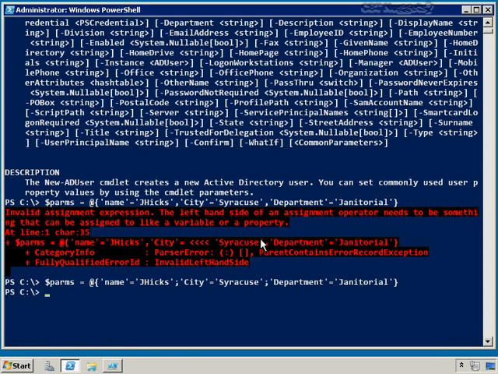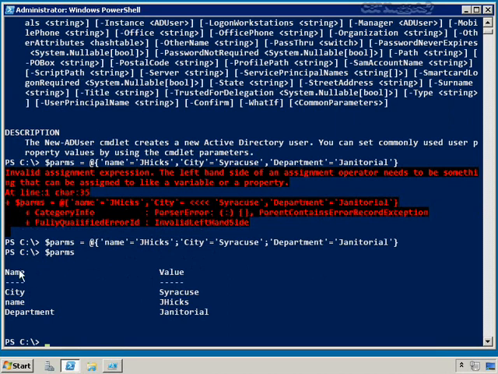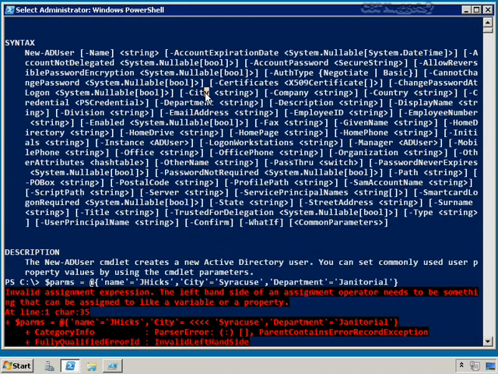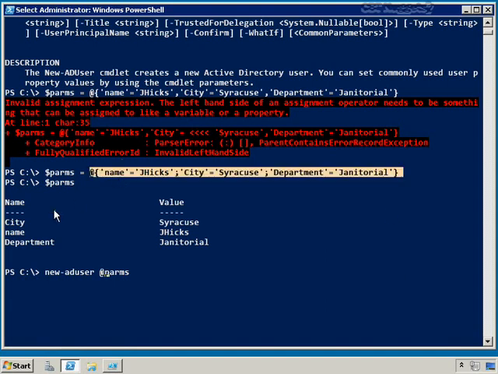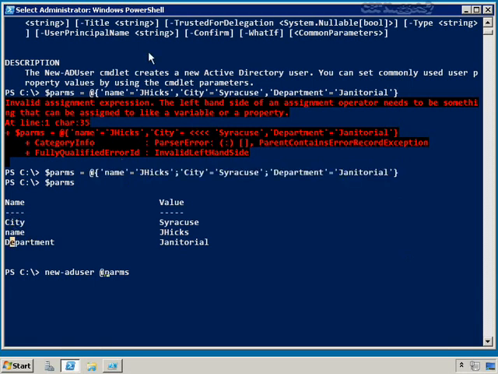When I hit this, boom, so now I can type $parms and see what's in there. It's got city, name, department, and all those values. Because these match these parameters, I can now run this command, New-ADUser, and now rather than saying $parms with a dollar sign, I'm going to use the @ sign in a different context. Now it's a splat operator. I know that sounds weird. All it's doing is taking the key-value pairs and attempting to match them, based on the name or the key, to one of the parameters in the cmdlet. So when I hit enter,